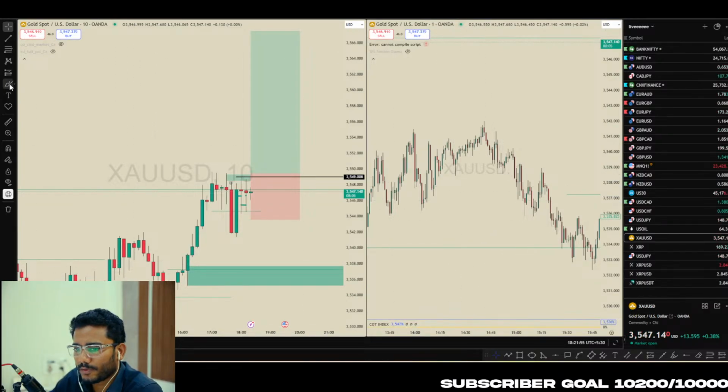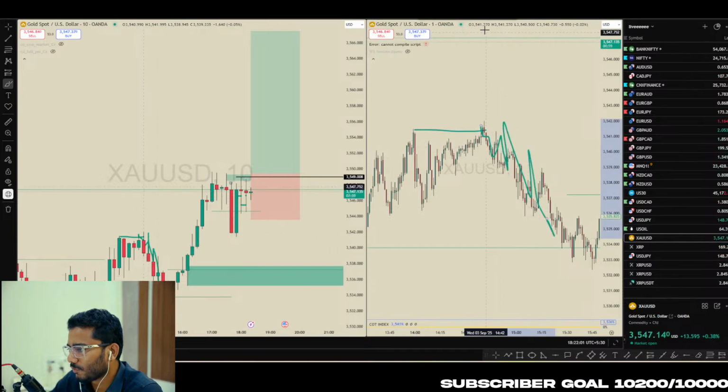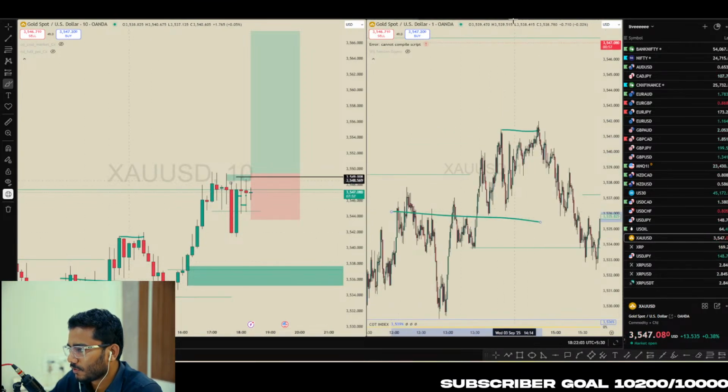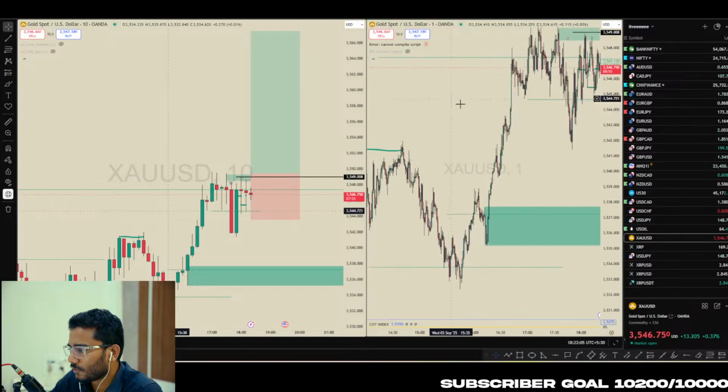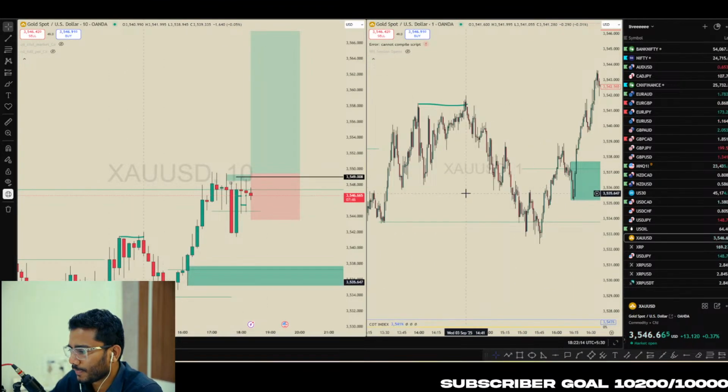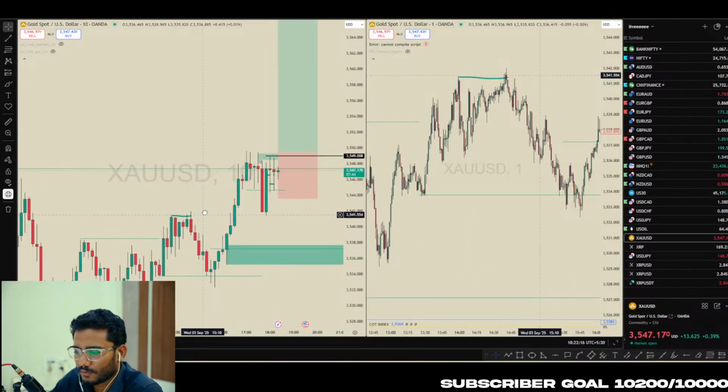So we don't want price to break this high like this, and that will just reverse from this area. So we are not looking for this type of breakout. We want price to create this breakout where price is still moving to upside. But right now, if you look at these candles, it stopped over here. If you look at 10 minutes candle,